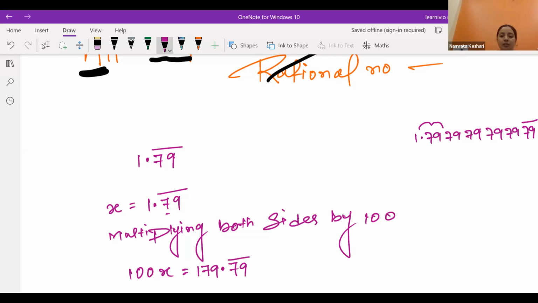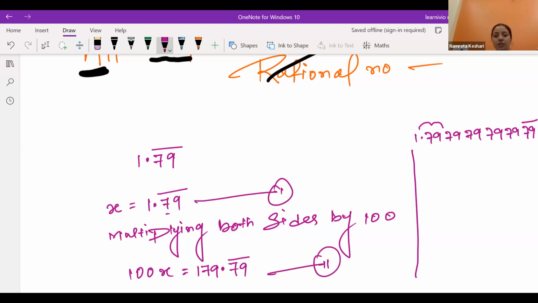Now we can do the subtraction of equation 2 minus equation 1. We can do 2 minus 1, that is 100x minus x, that is 99x. While doing the subtraction between the equations, we subtract left hand side from left hand side and right hand side from right hand side. Hence we are doing the subtraction this way: